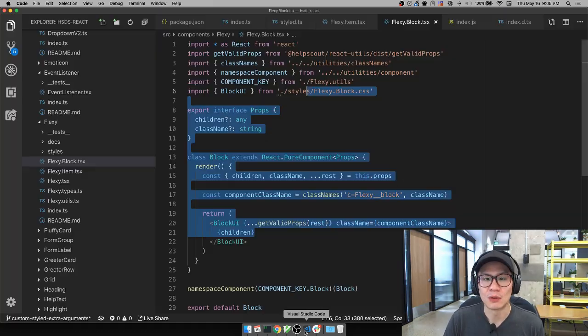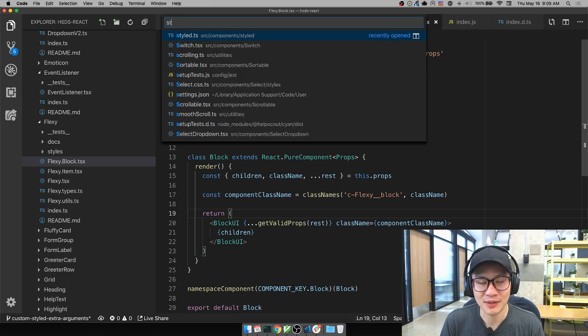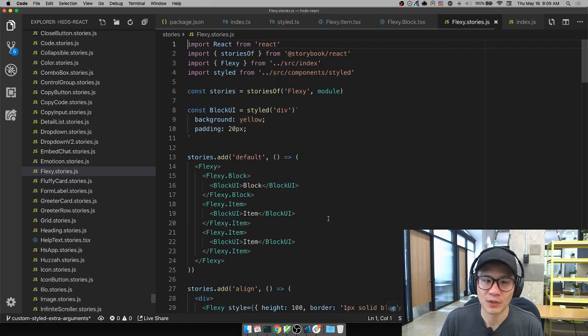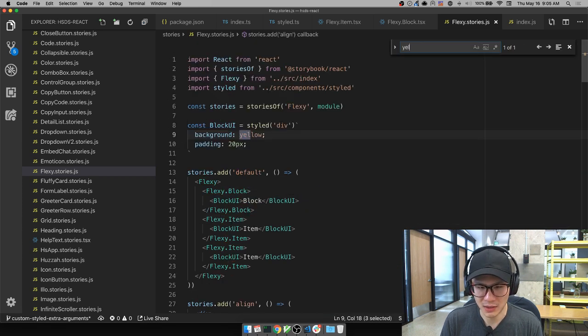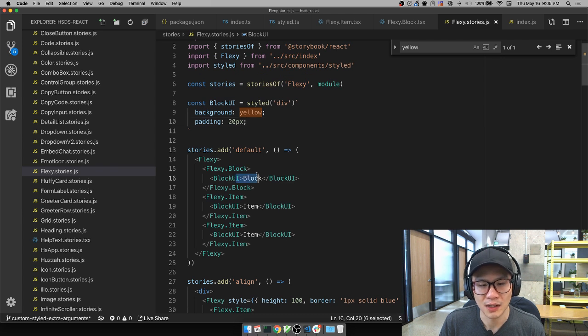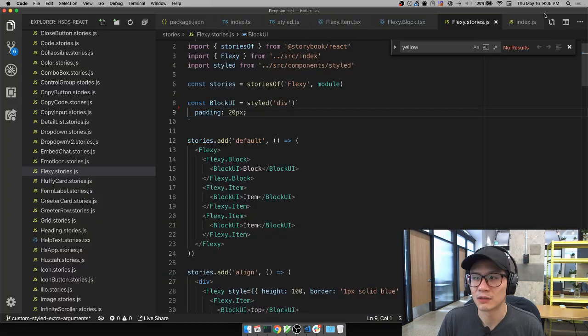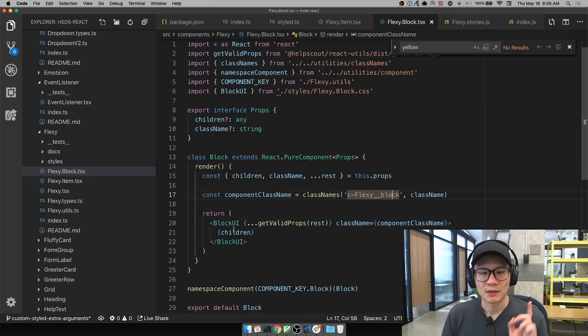Okay, so why is it yellow? Let's start off with that. Probably somewhere in the story I made it yellow. Story for Flexi. Okay, go away. Yellow? Block UI. Oh, okay. So in this guy, I made it yellow. Okay, it's fine. Not important. I'm actually just going to remove that so that we can play with it to add our own colors or something. So this block UI,